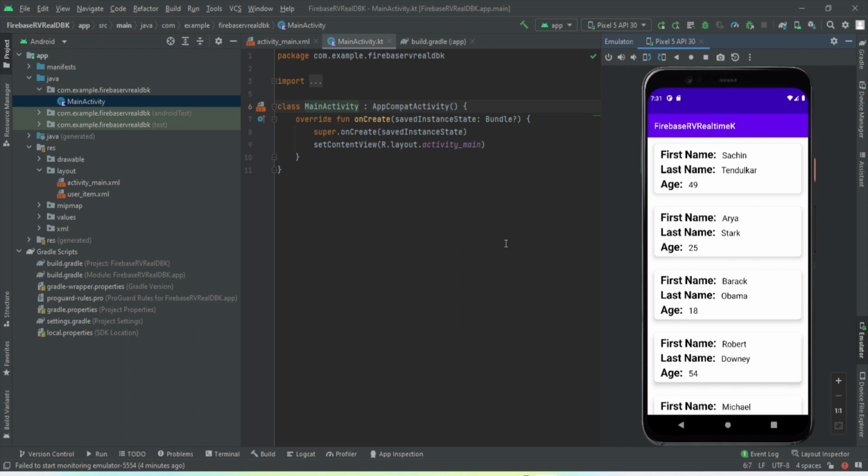I already have a video on this in which we implemented the recycler view inside an activity, but many of you were getting errors when you tried to implement the recycler view inside a fragment. So this video will clear all your doubts, and on top of that, in this video we are going to